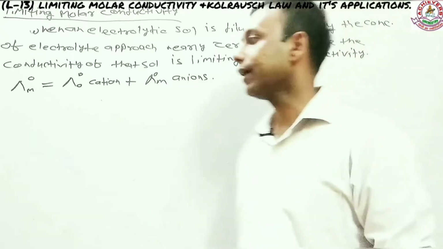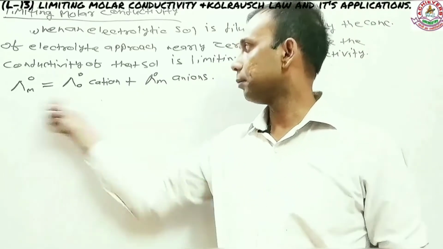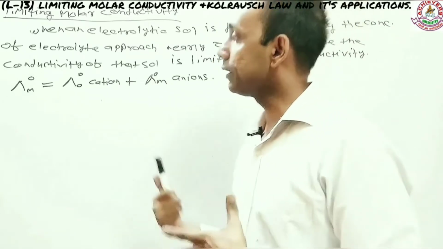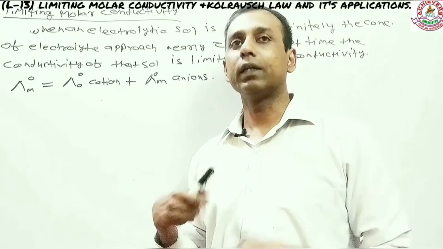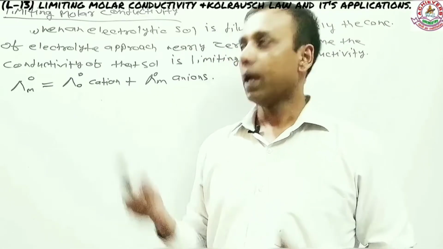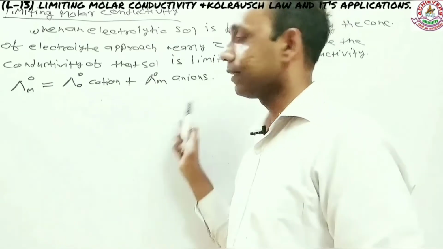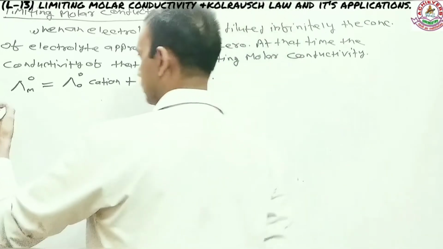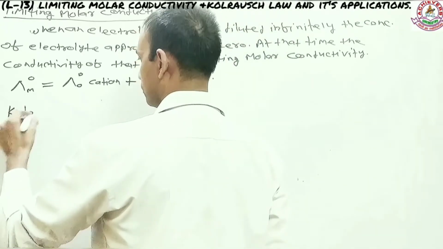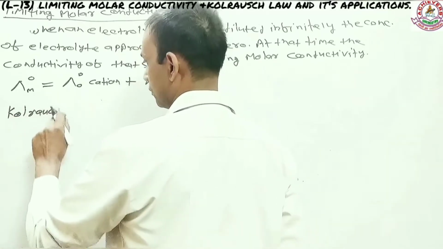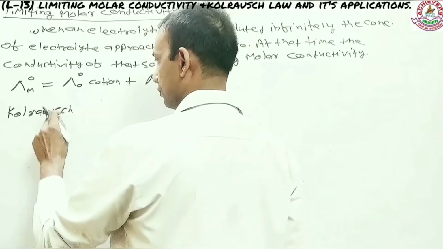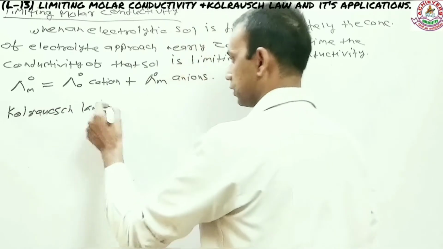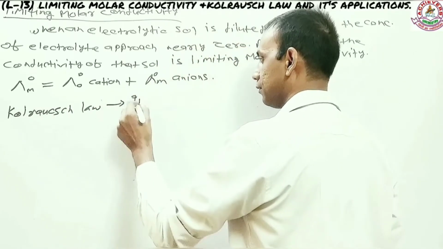Let me repeat this particular statement. It simply says that the conductivity of an electrolytic solution on infinite dilution is called limiting molar conductivity, and this is calculated like this. Then there is a very, very important rule coming up, called Kohlrausch law. This is going to be your next topic. Just write it on your own; I'm not sure about the spelling. Kohlrausch law states that